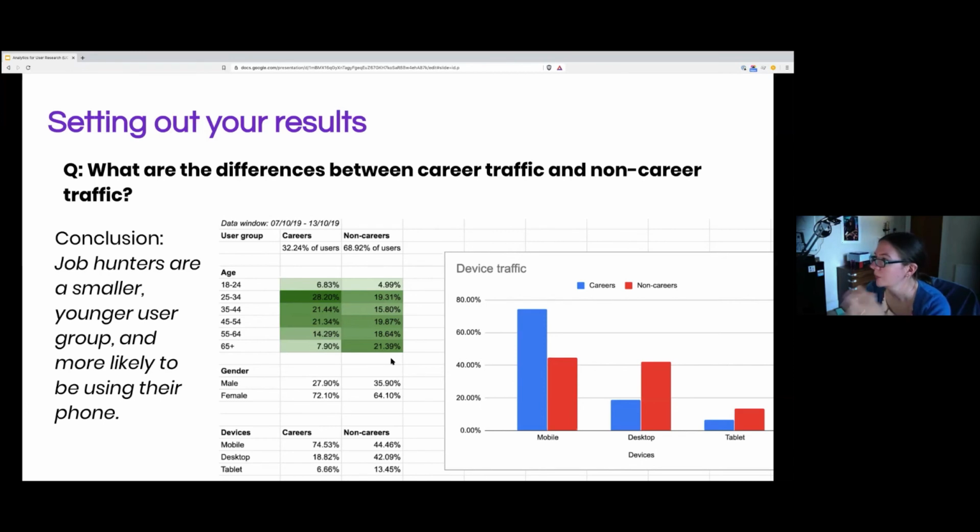So in terms of setting up my results, here I learned that job hunters are a smaller, younger group, and from the device side of things, they're more likely to be using their phone. And that answers the top research question, which is what are the differences between career traffic and non-career traffic. It's not the only answer, there were other ones as well, but this is the sort of thing that I was coming up with. So this is the basis of a slide I would then put together in my presentation,